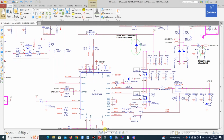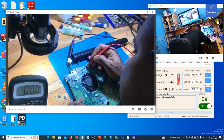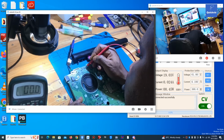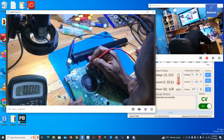You are checking 18, 15, then 17. 18, 15, and 17. And 17 is the boost, that is the charging voltage itself. Is 20, 19, 18, high side, 15 volts, right? 20, 19, 18, and the following pin 17, 15 volts, 15.4 again, and 15. Nothing. Nothing. Okay,